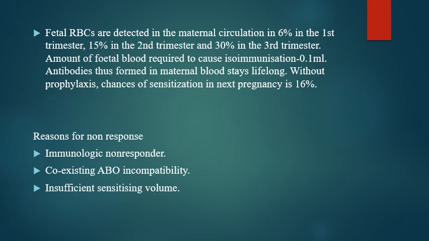The reasons being the ABO incompatible fetal cells are cleared from the maternal circulation much more rapidly before they are trapped by the spleen. And also maternal anti-A or anti-B antibodies damage the Rh antigen so that it is no longer immunogenic. Also, if the sensitizing fetal blood volume is not sufficient enough, it may not incite production of antibodies.